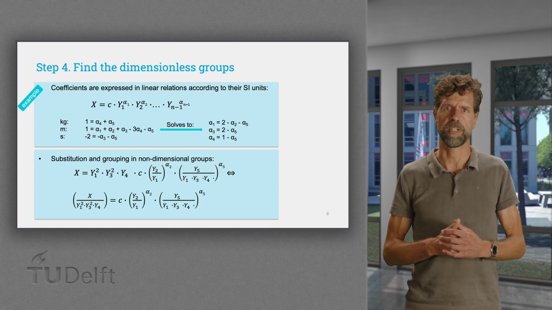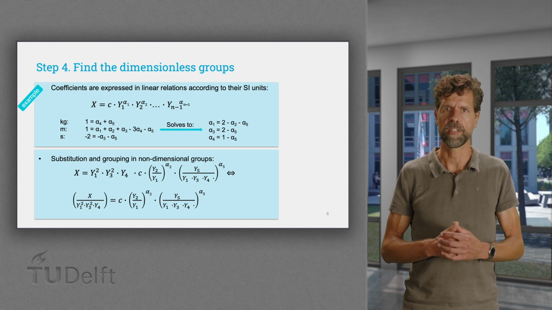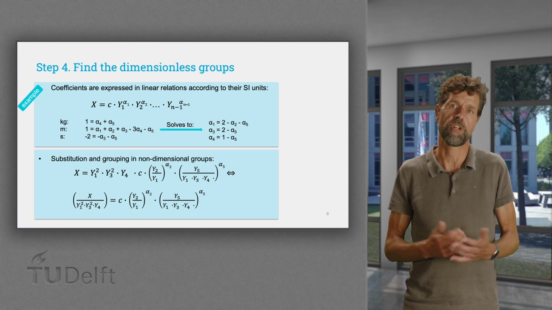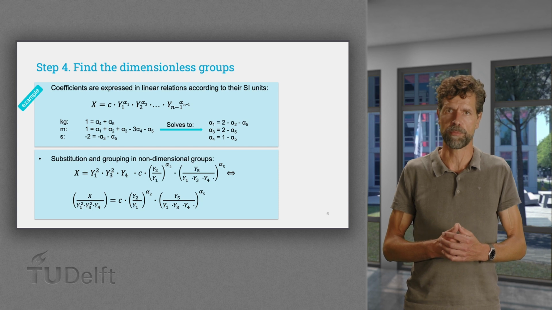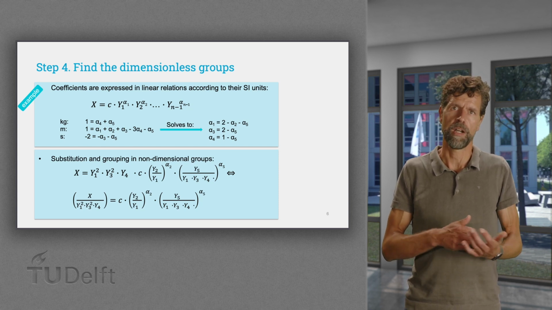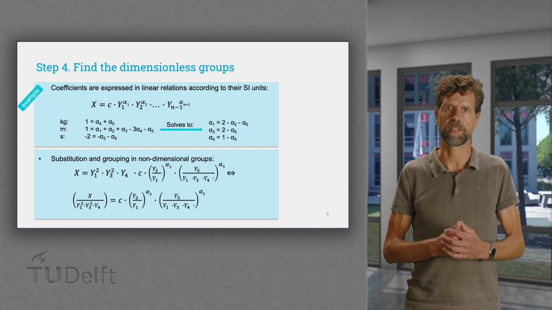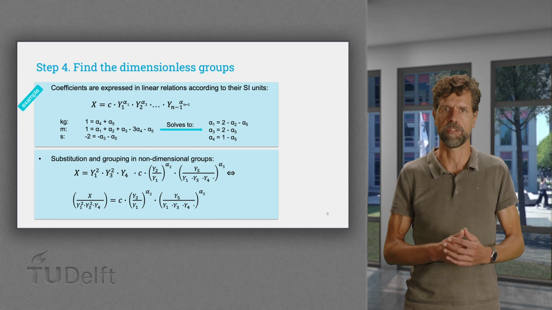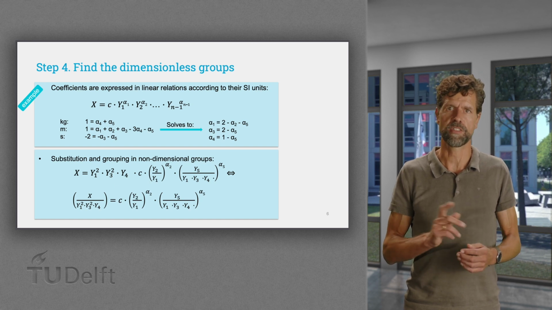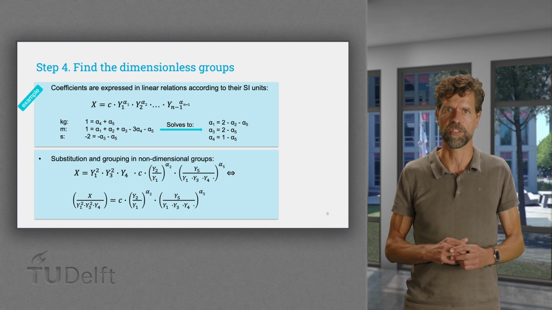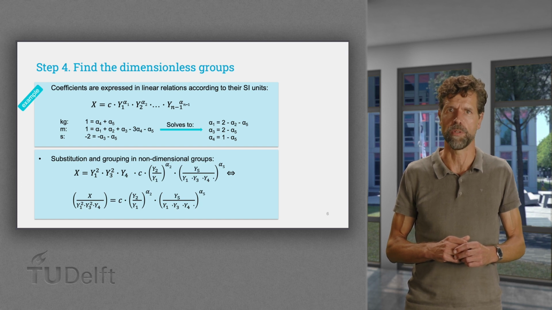I started this lecture by stating that this is a methodology that supports scaling up or down. So, how do we apply the obtained expression? If we scale up or down while keeping the value of each of the dimensionless groups unchanged, we can expect that the systems will perform identically on both scales. Note that it doesn't mean that each of the quantities in the dimensionless groups will remain equal.